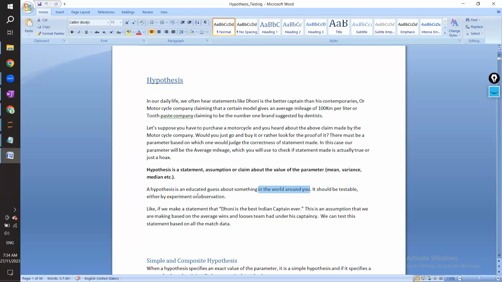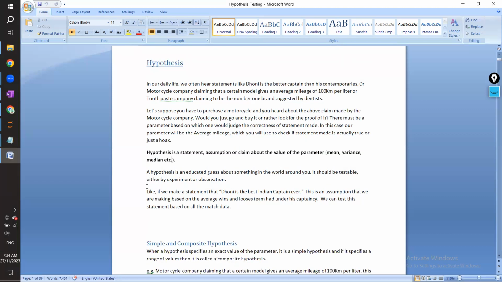It should be testable either by experiment or observation. Fine, so it's a statement which you're giving. If you're wondering how it is related to our concept, we'll come there, but just to give an idea, I'll say, hey, the mean of this particular distribution is not greater than, should definitely be less than 50. I'll just claim that. Then you will do some test and decide whether it is less than 50